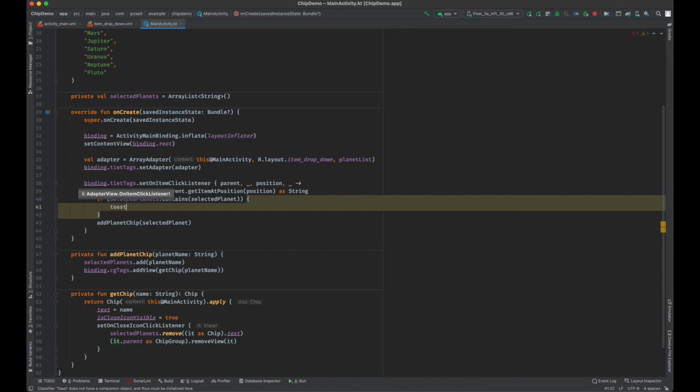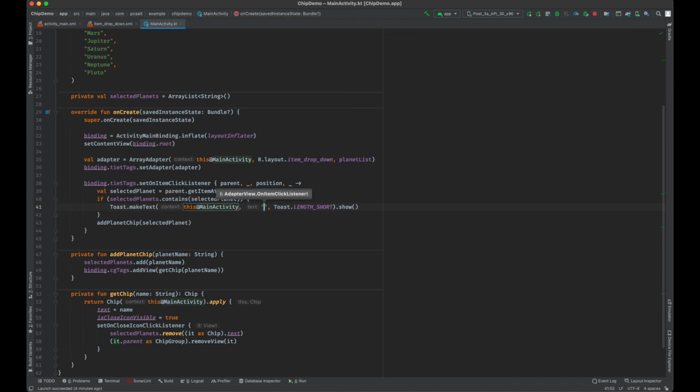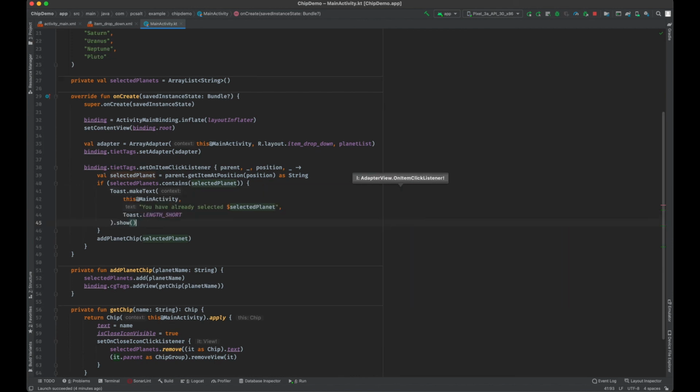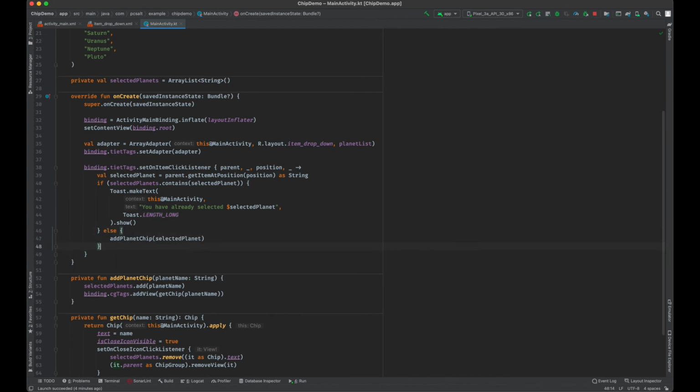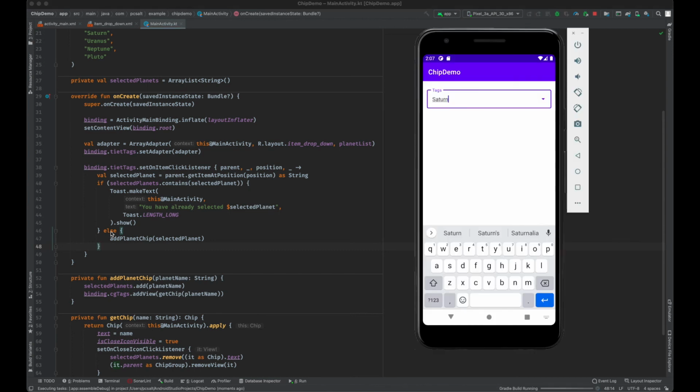Writing toast in small letters will create a template with everything. So, you have already selected the planet name, and in the else part we will add it to the list, making the toast long so that it will be visible for a longer period of time. Now let's run the application and see how it turns out.